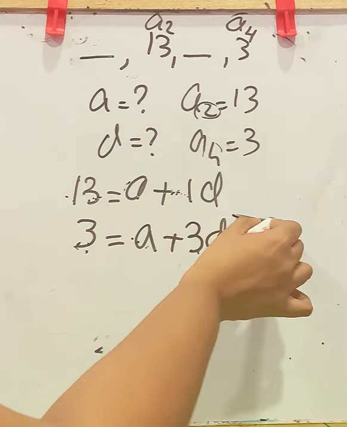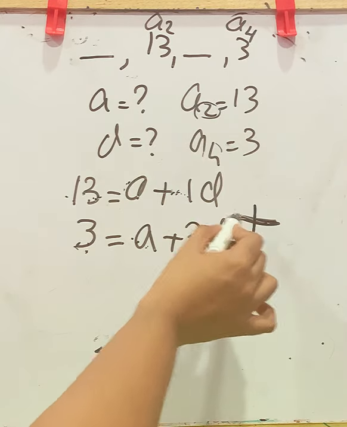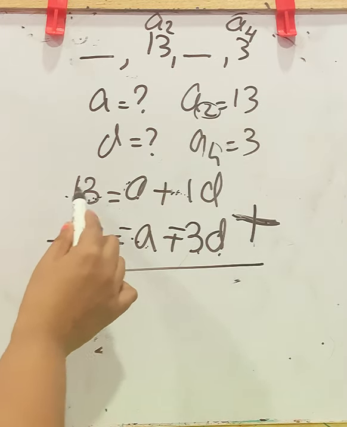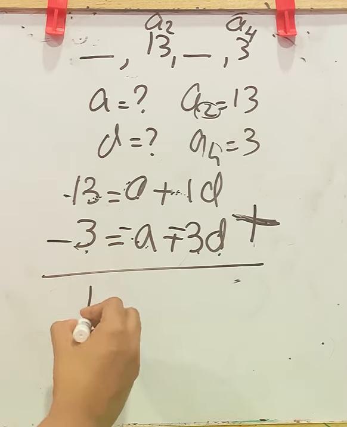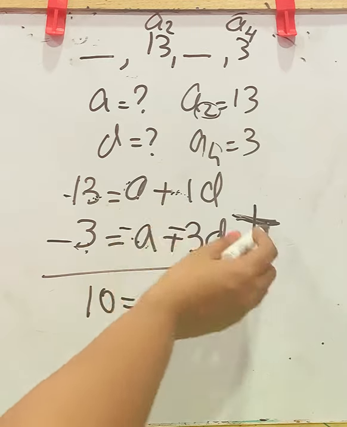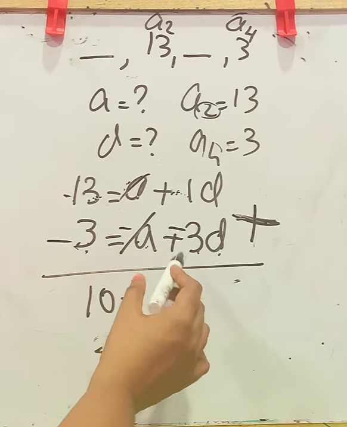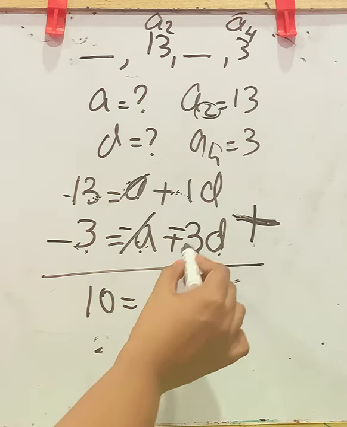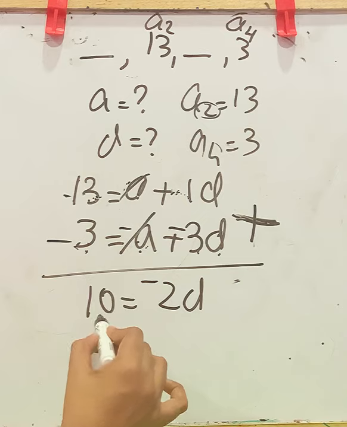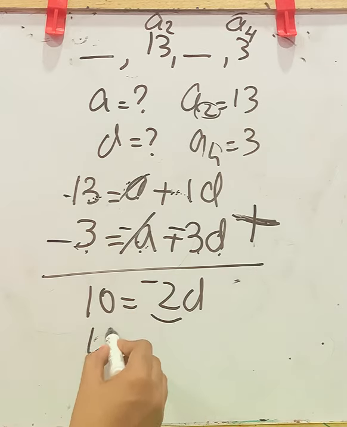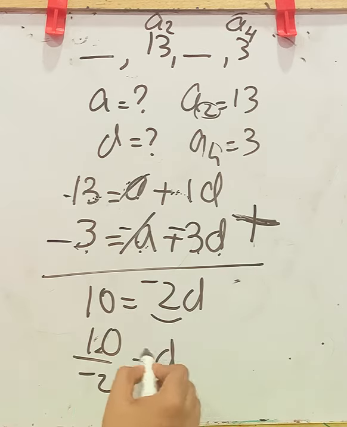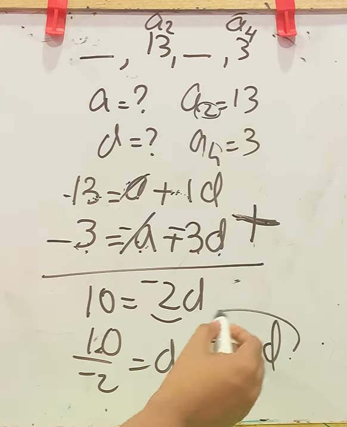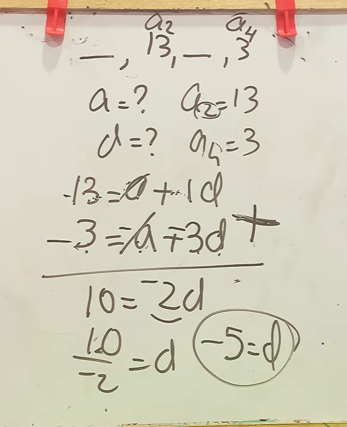Whenever we put the subtraction, then you have to change it as addition and change all the signs of the second equation. Here it becomes 13 plus minus 3, 10. a and a plus minus a both get cancelled. That is, result is 0. 1d plus minus 3d is minus 2d. Now take this 2 to the side. 10 by minus 2 equal to d. 10 divided by negative 2 is negative 5. d is negative 5. We got negative 5 as d.